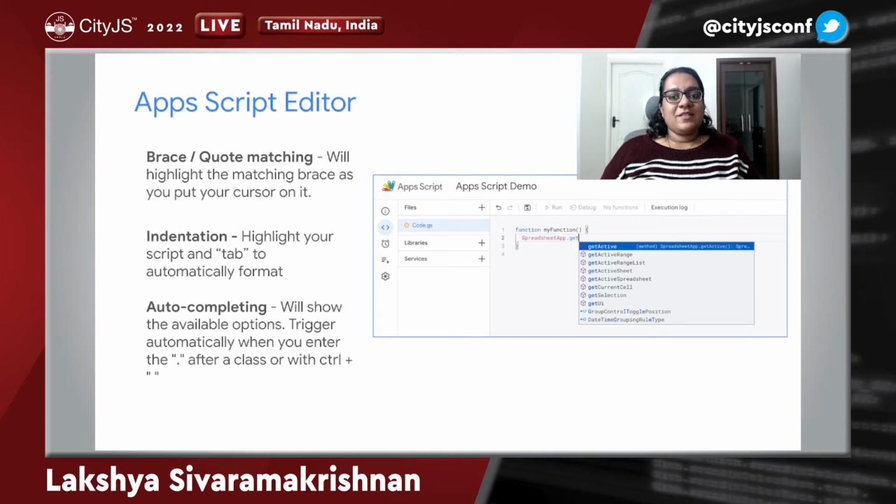One is obviously the brace or the quote matching, which means you can highlight the matching braces to see which is that function, which for each opening brace, which is the closing brace. There is also indentation. So if you see the diagram there, you see after the function all the statements under the function are all indented, and there is also an autocomplete feature which will get triggered the moment you start typing, like you see in the diagram there.